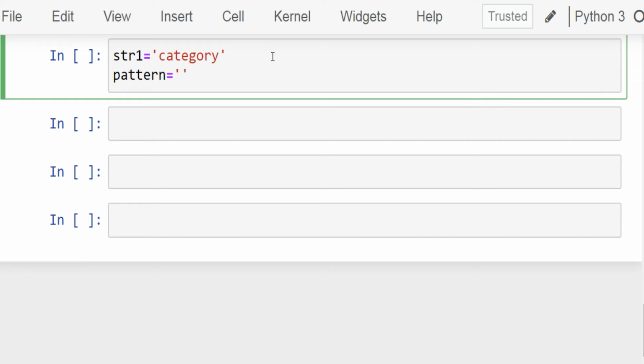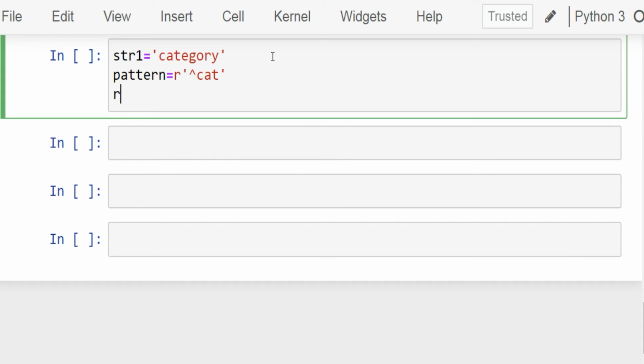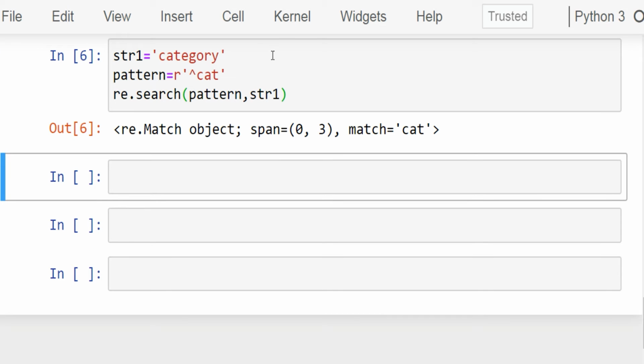The pattern will begin with the caret anchor followed by cat. Use the search function. Write re.search and within parenthesis pattern comma str1. Run this cell, see that you have got the matched object cat and its span is 0, 3.